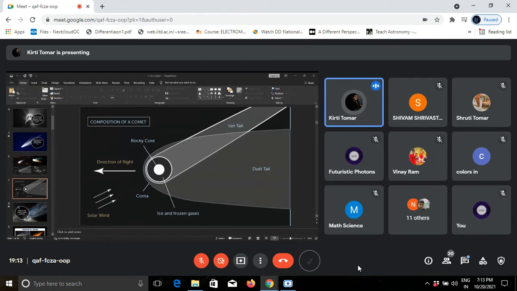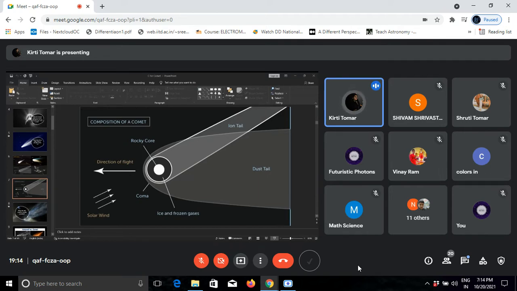Impact from comets played a major role in the evolution of Earth, and during its early history, billions of years ago, some believe that they brought water and a variety of organic molecules to Earth. Also, it's important to study the formation of the solar system, to predict when a comet will appear again, and to try to explain meteor showers, and many more. So that's why we need to study comets. The cometary study is important to know about the universe.